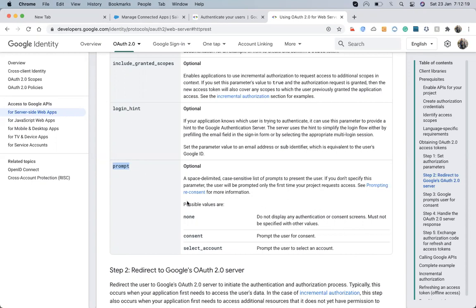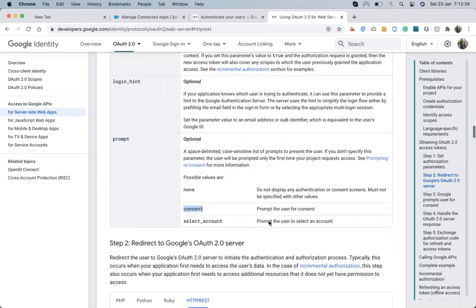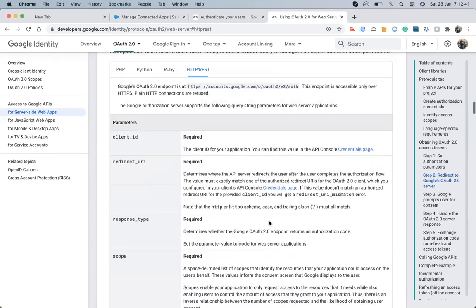At that point, do we want the user to go through the authentication again or not? This is for that. If we want the user to authenticate again, we have to use consent; otherwise, once the user has authenticated, it will not be used.